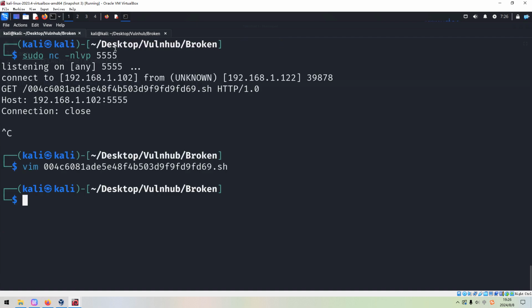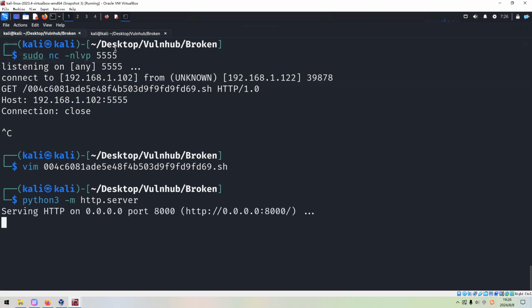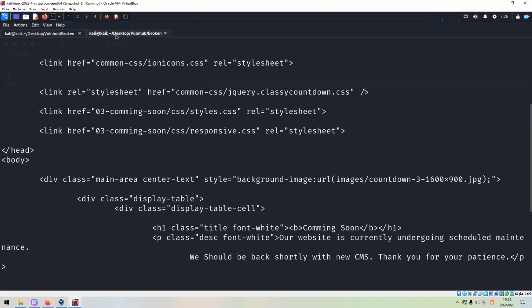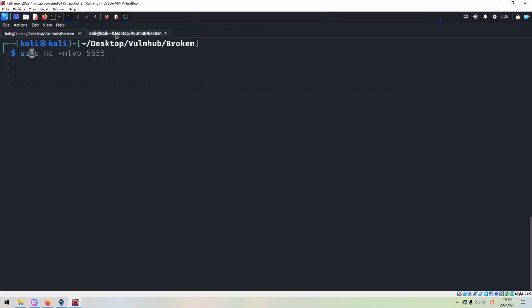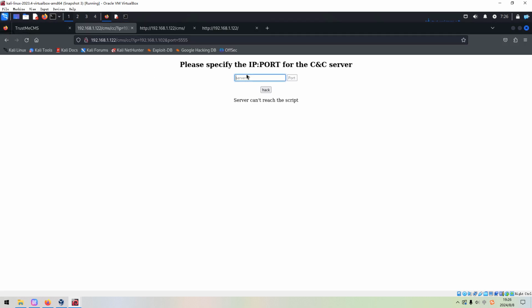Next we need to set up the web server on the Kali Linux with Python. In the meantime, we need to set up the listener and wait for the connection from the target. Now go back to the browser and put the IP address of the Kali Linux and the port number.